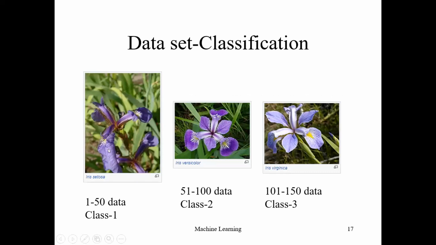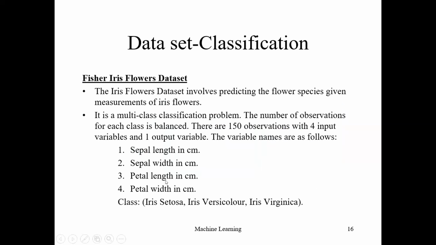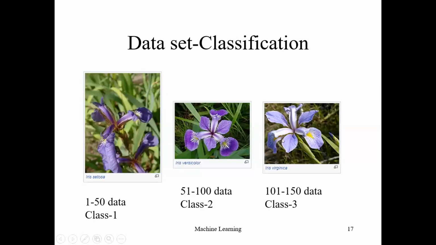The first class of flower is called Setosa. The second class of flower is called versicolor. The third one is called virginica. So let us consider three classes are there. My objective is to classify the flower into whether it's a Setosa or versicolor or virginica. Our data set consists of four features. So what are the features we are selecting? The features are sepal length of the flower, sepal width, petal length, and petal width. So these are the four features. The total number of data is 150 and three classes.